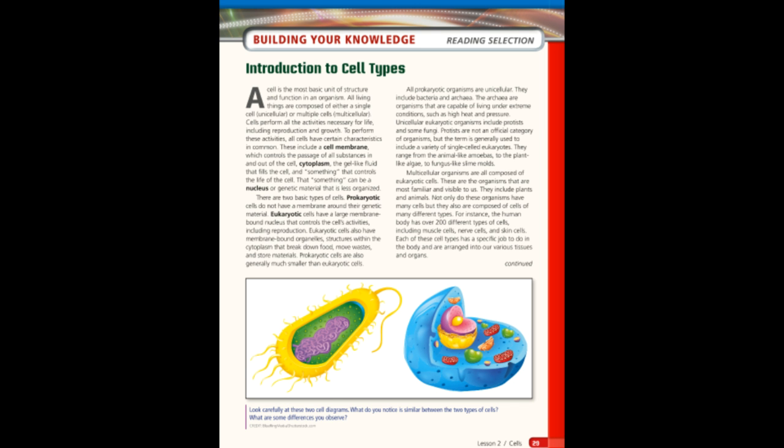Not only do these organisms have many cells, but they're also composed of cells of different types. For instance, the human body has over 200 different types of cells, including muscle cells, nerve cells, and skin cells. Each of these cell types has a specific job to do in the body and are arranged into various tissues